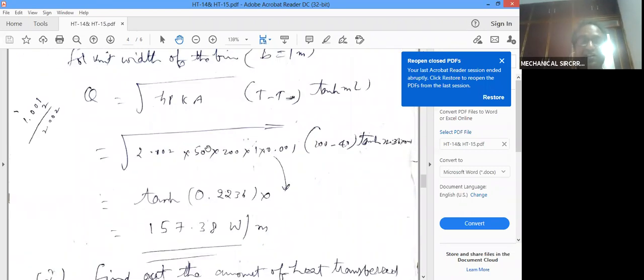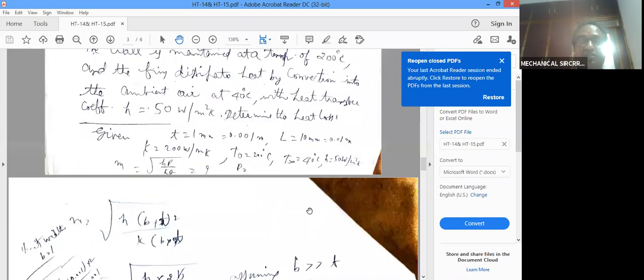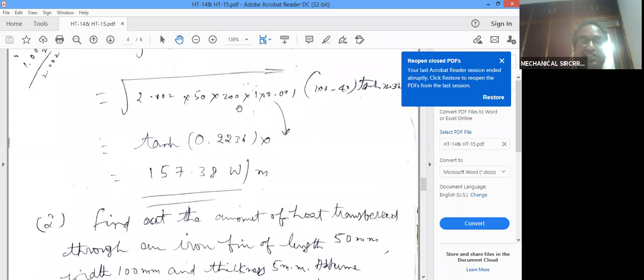So this value into tan h of 0.2236 after multiplying. After getting the value, you have to multiply with that value. Finally, you will be getting the heat transfer rate